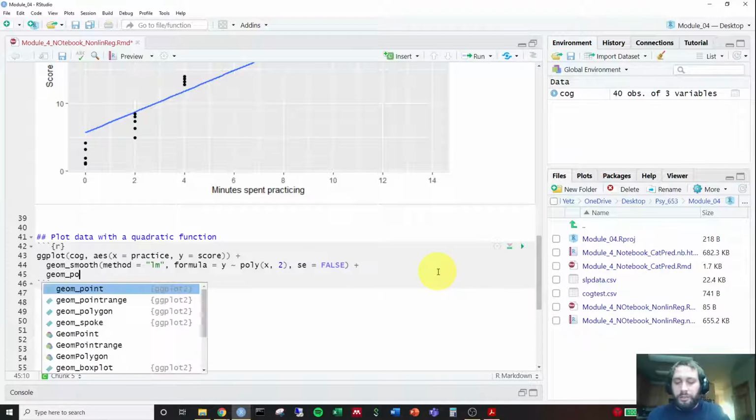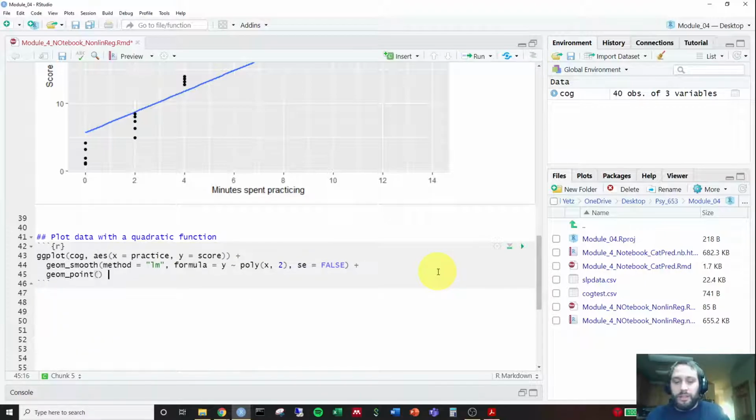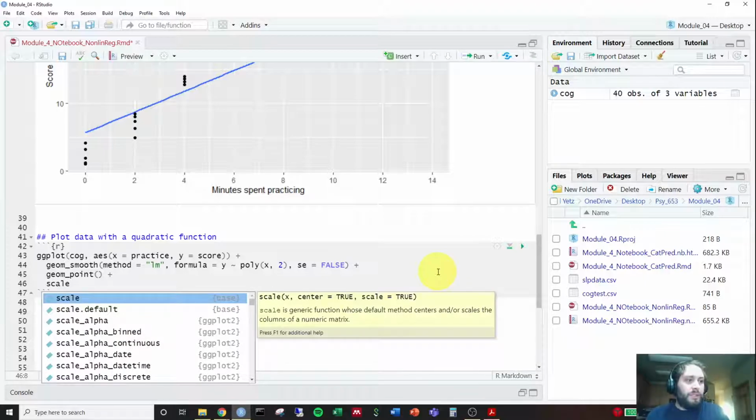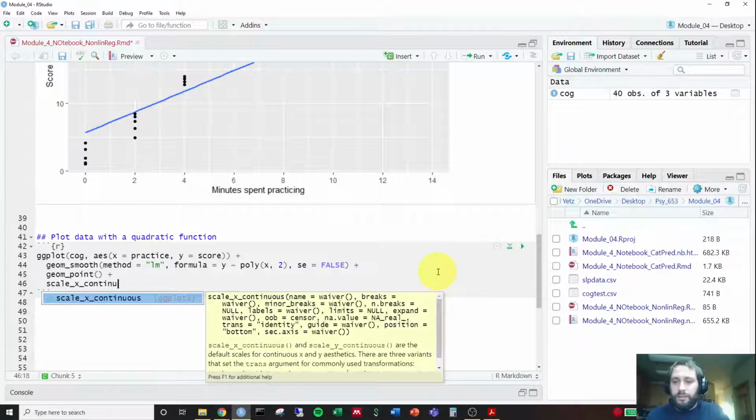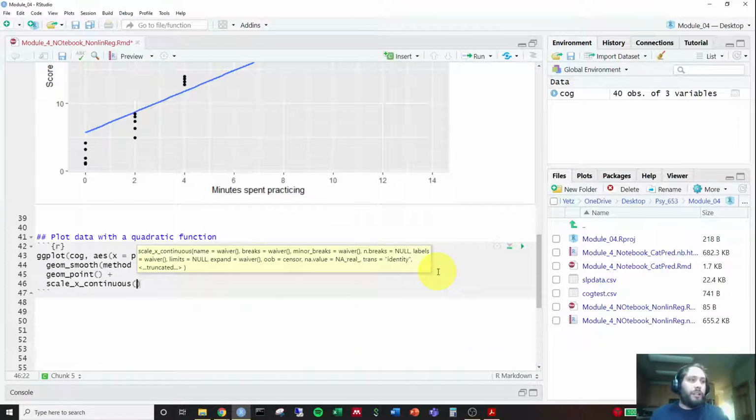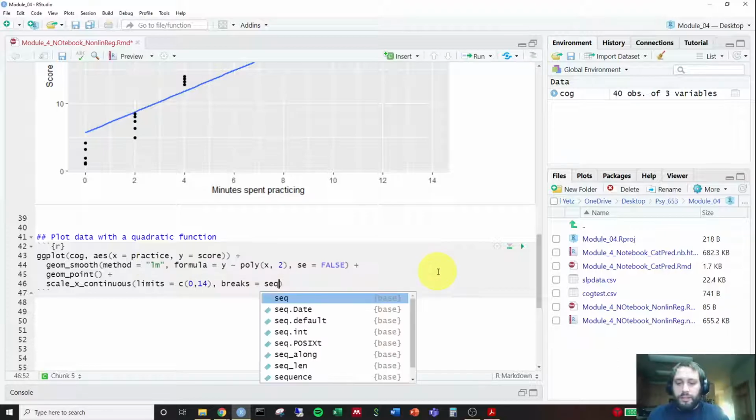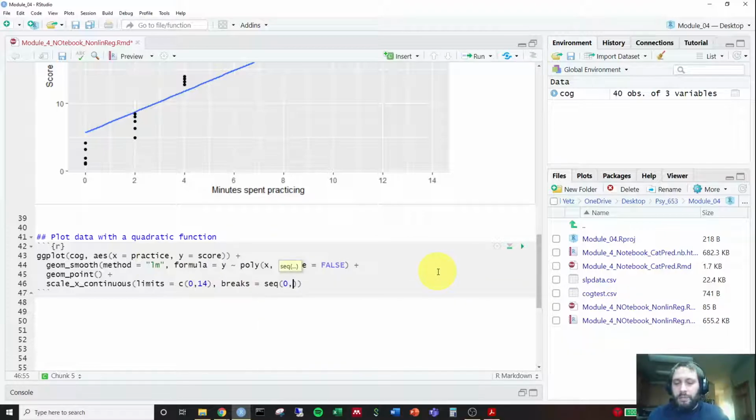Then we're going to do geom_point, so that we just have those points associated with it, plus we're going to do scale_x_continuous again, limits equals c(0, 14), comma, breaks equals seq(0, 14, by = 2), plus we're going to do labs